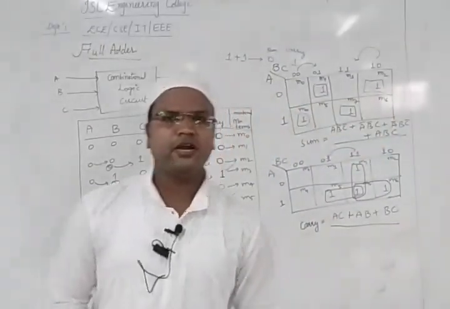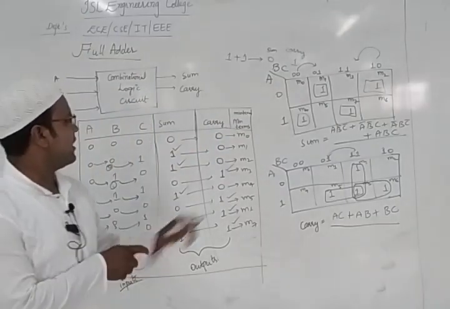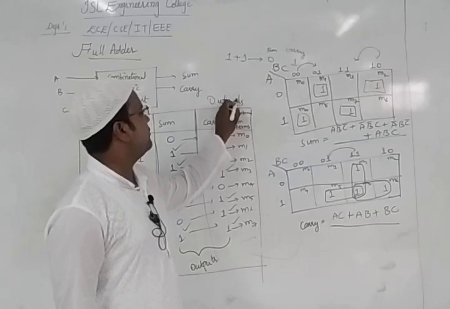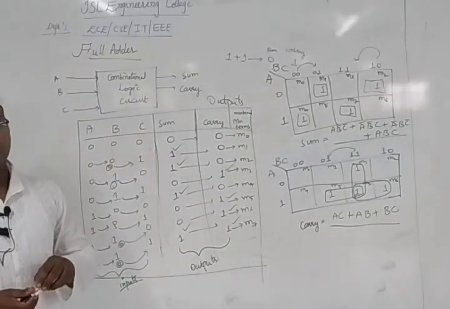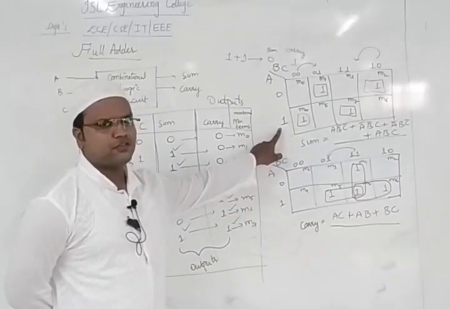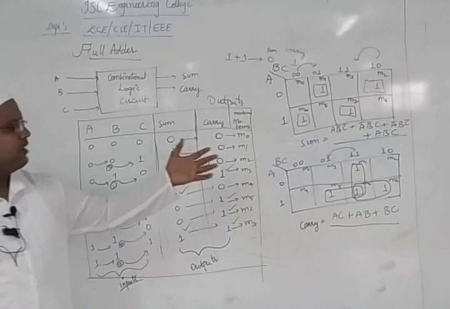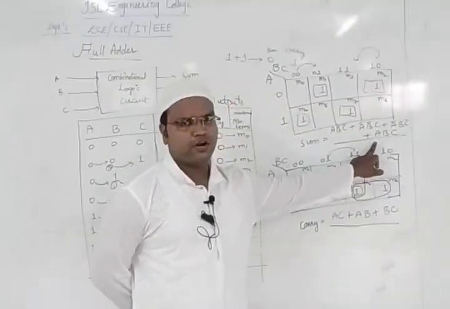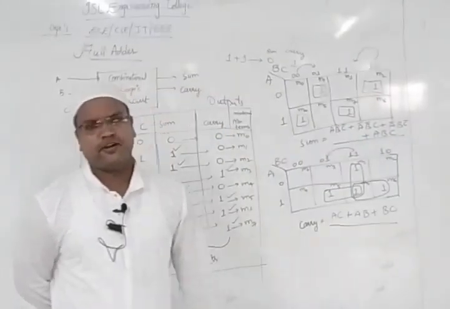Next thing, I need to write the output. This is our outputs. So these are our output values. These output values I need to write by using the K-map. I need to realize their function. So that's the reason I have put the realization of the sum, even the realization of the carry. Next, I'll try to simplify this sum because I can take A common in this too. I can take A common, what I'll get? B complement, C complement, BC. This is nothing but exclusive NOR gate.